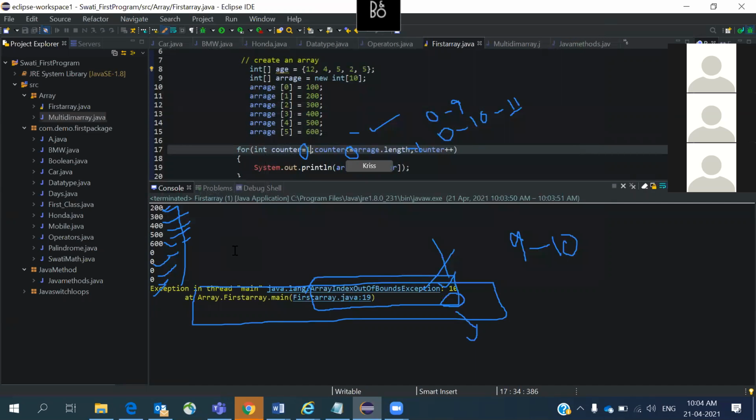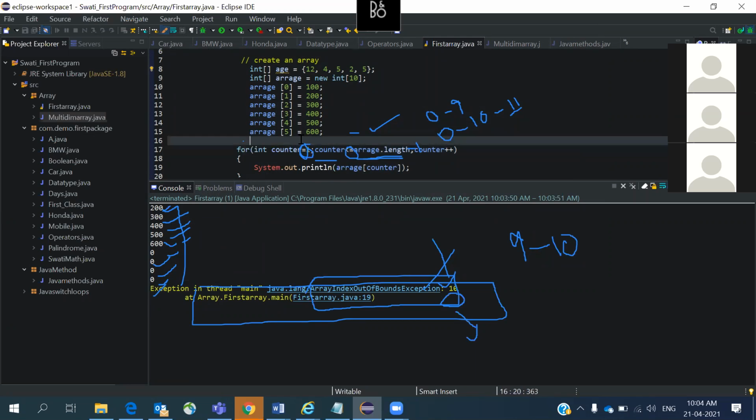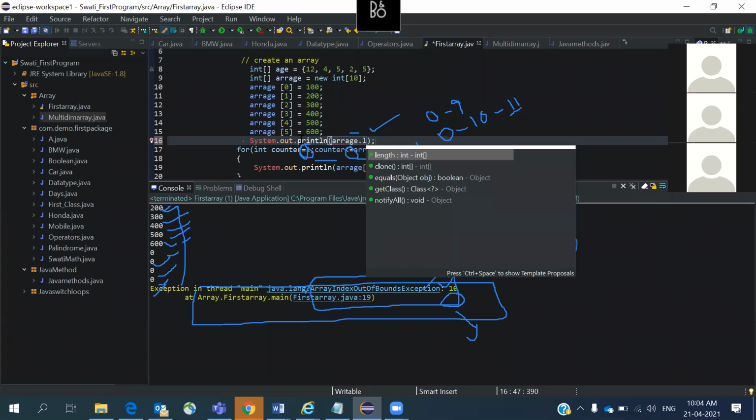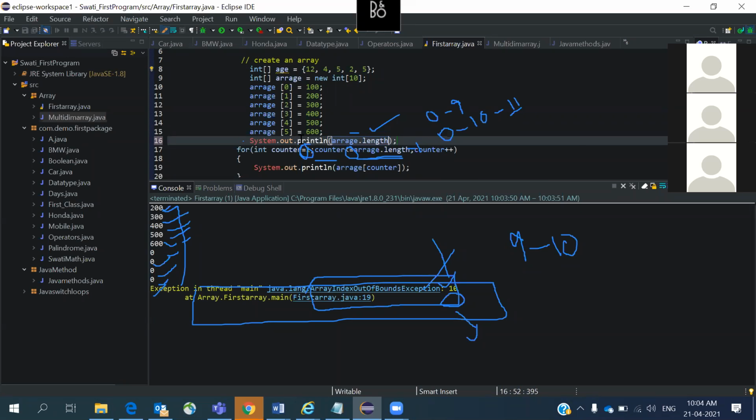That's where, when we are writing, I asked you a couple of times, do you want me to write less than or equal to? That's a condition here, right? The counter is less than the length, which means here we are starting it from 0. So now what is the length of an array? In line number 16, can you write a SYSOP and just print array dot length, what it was printing?